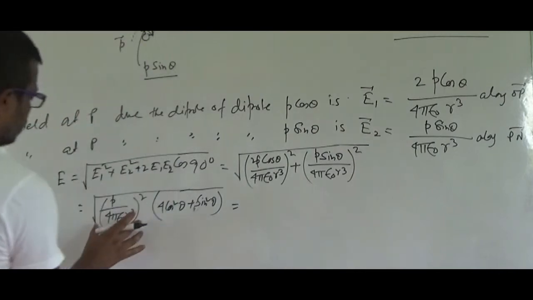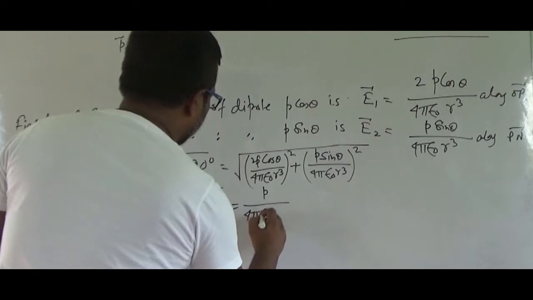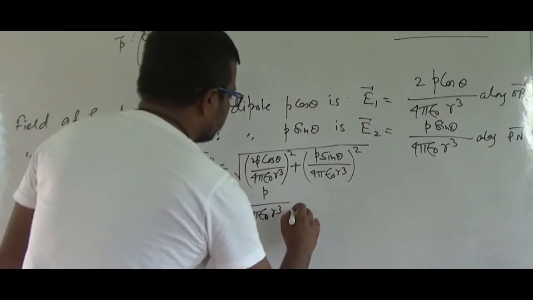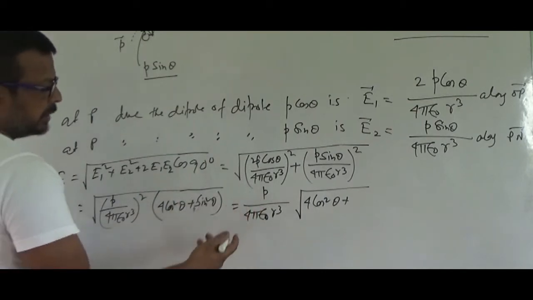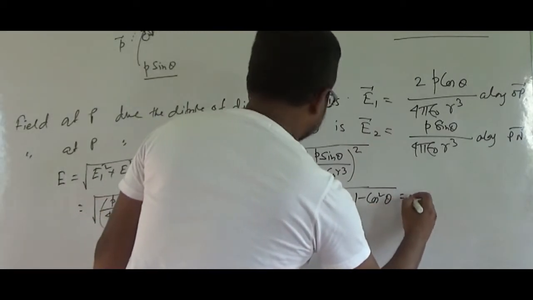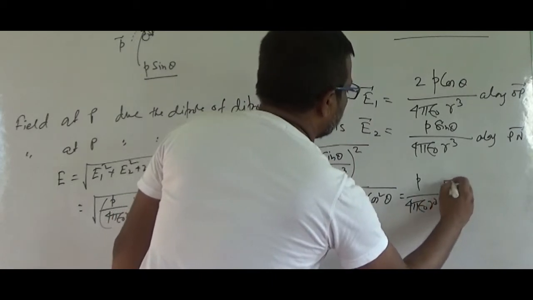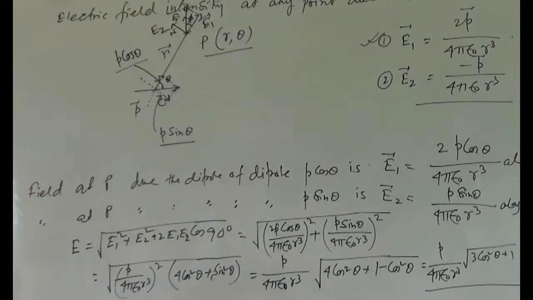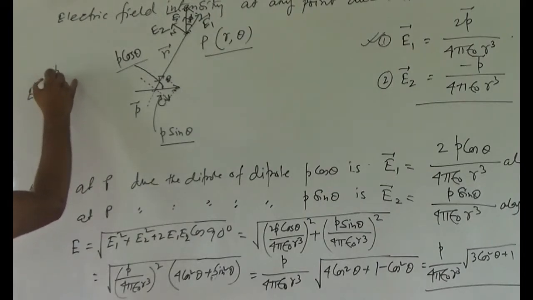Or you can write, you may bring outside this term, that means P divided by 4 pi epsilon naught r cube. I am bringing it outside the root over, and 4 cos square theta plus, replace sin square theta by 1 minus cos square theta. We know sin square theta is equal to 1 minus cos square theta. Therefore, we get P divided by 4 pi epsilon naught r cube into root over 3 cos square theta plus 1. This is the electric field, rather magnitude of the electric field at any point